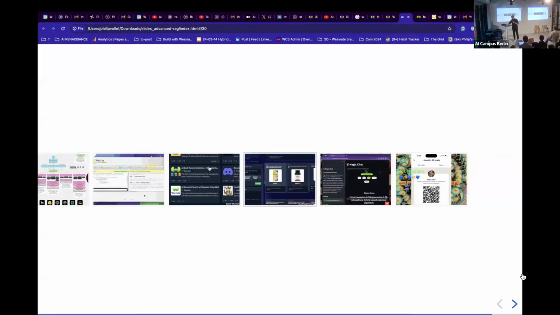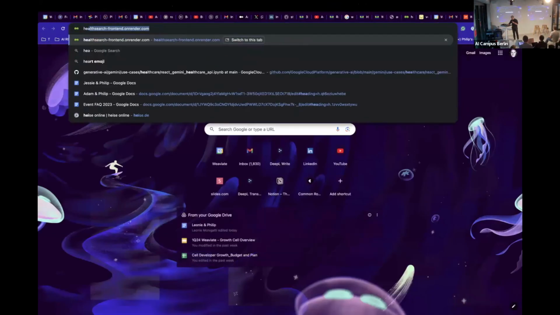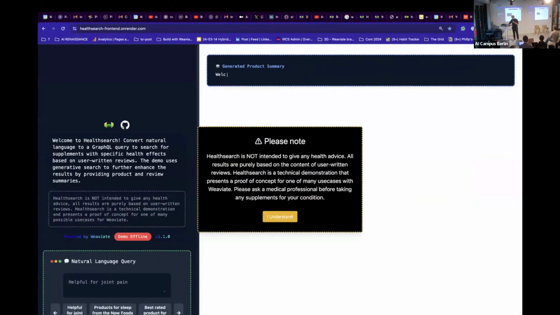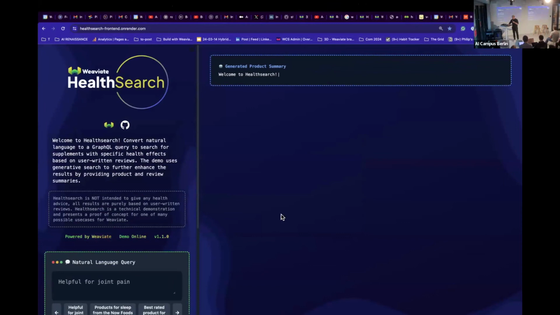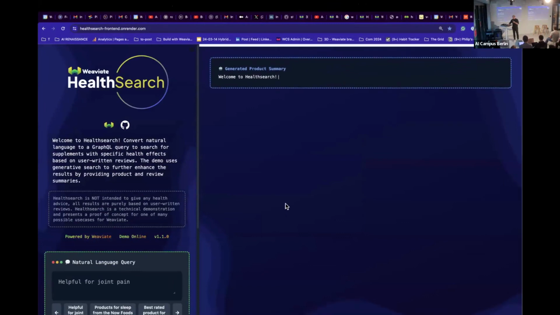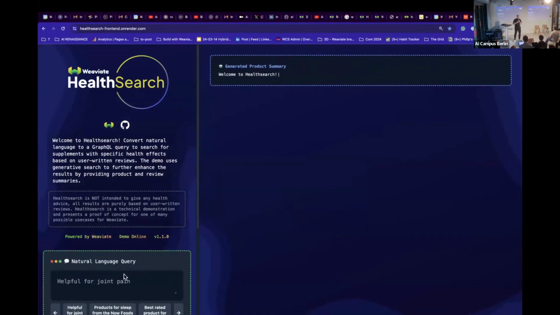Health search, also cool stuff. So health search is our hybrid search demo showcase. And this is a thing we built years ago and just recycled it for Weaviate, because this was originally a